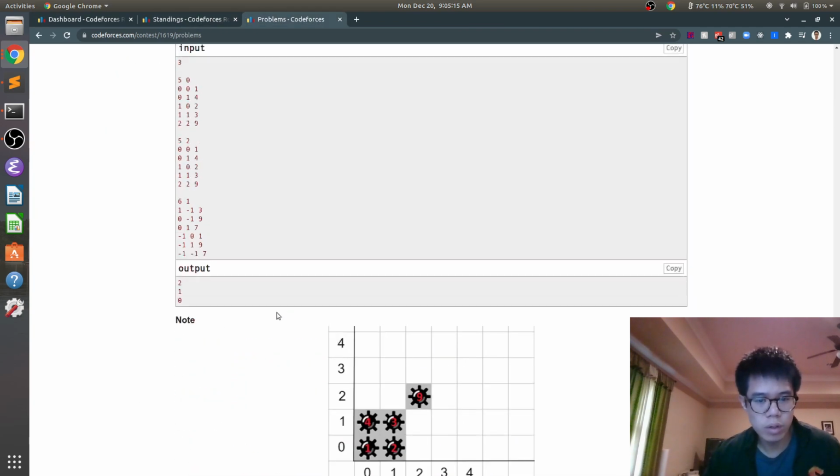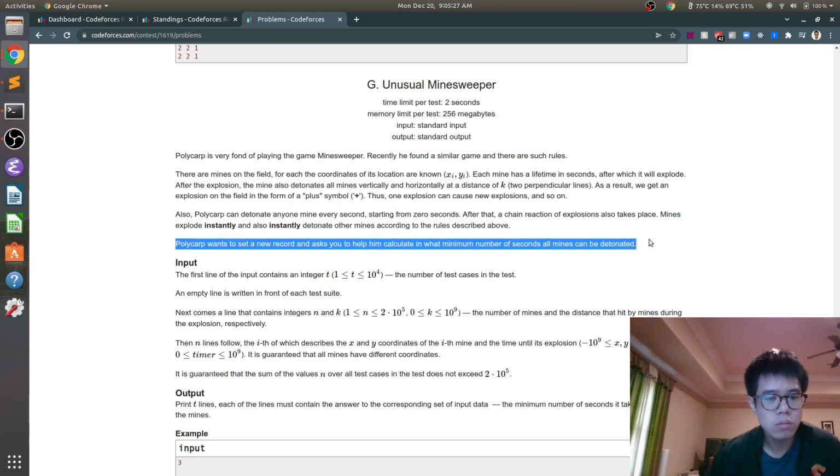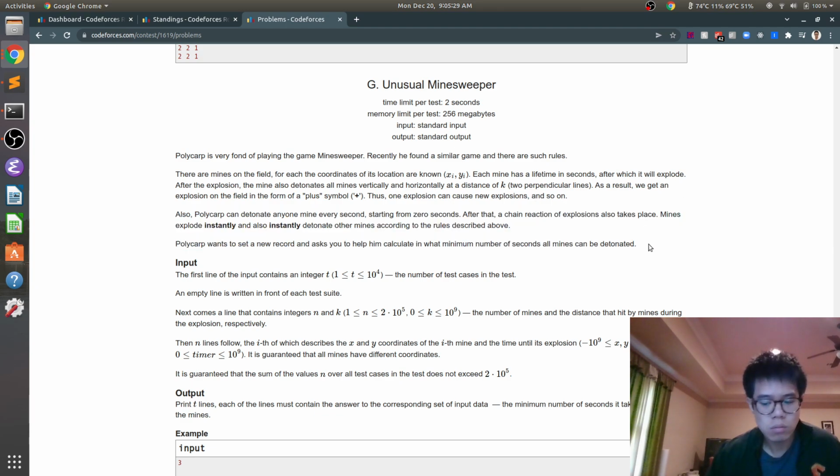Seems like either one is a reasonable choice. So they form connected components based on their k distance thing, because